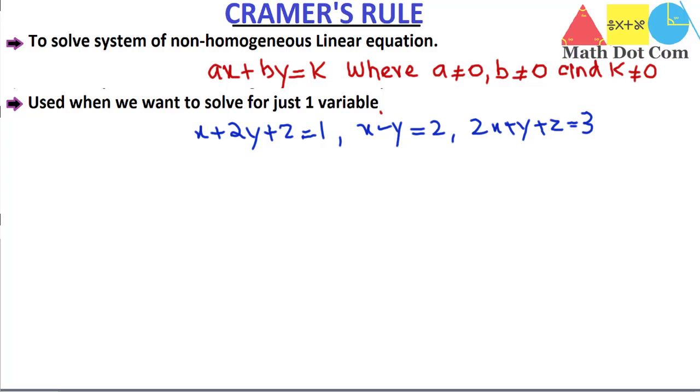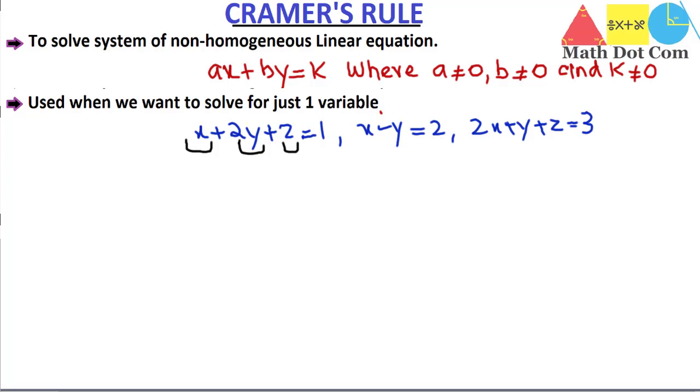But what if I say solve these equations just for x? Then you can't solve it for x by using just two equations. You have to use all the three equations to do this. So whenever you want to solve a system of linear equations and you want the value of any one variable, say x or y or z, then you use Cramer's rule, in which you need not find the values of all the three given variables. As a result, this method is a time saver.